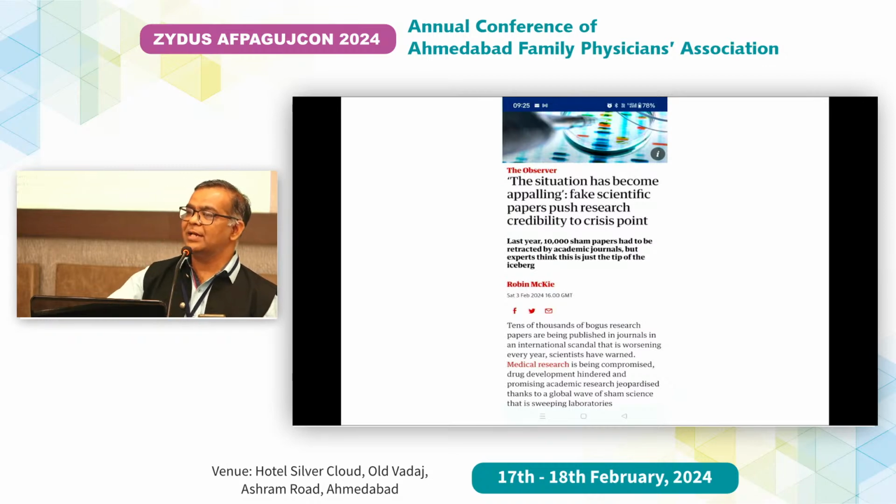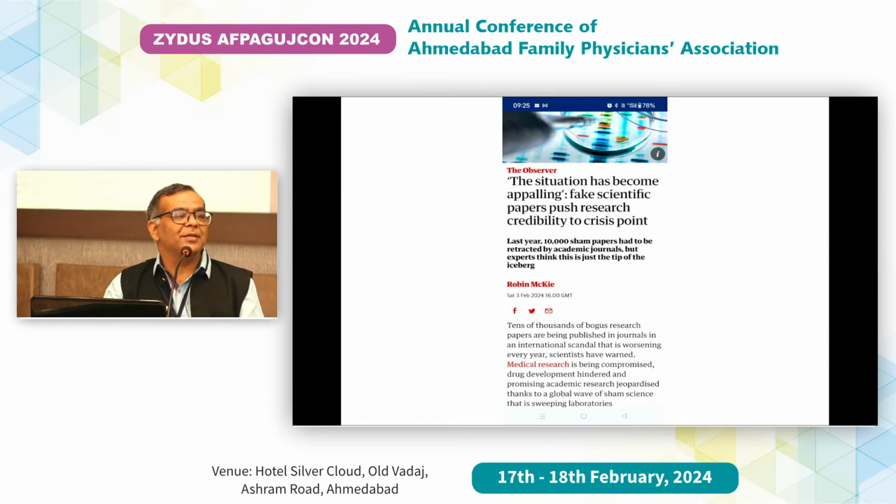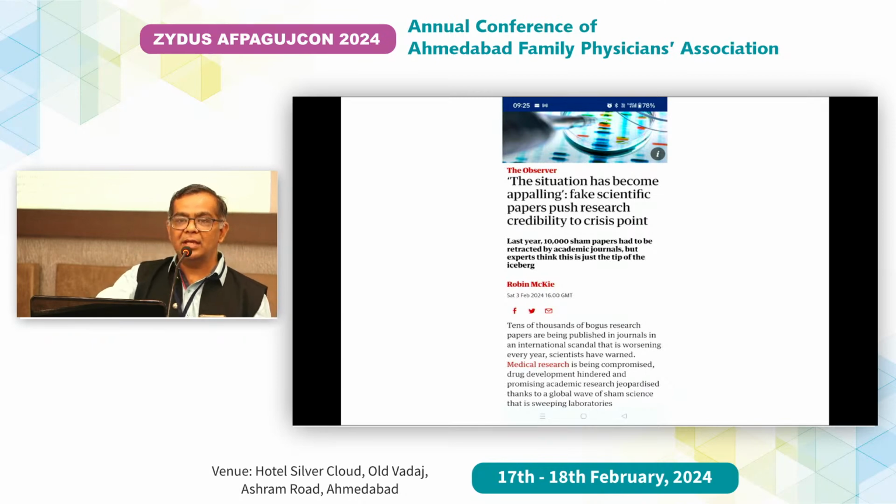Okay, so what is happening now? There is a compulsion on many people, and people are faking papers. While the family physician is a torch bearer, because they don't have to fake, since they already have patients. I was discussing just this afternoon that in season we have 100, 150, 200 patients, and even in the slack season we have 50, 80 patients per day, and it is a huge volume.